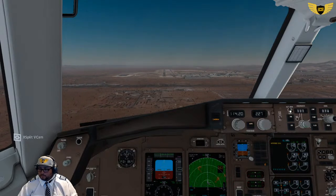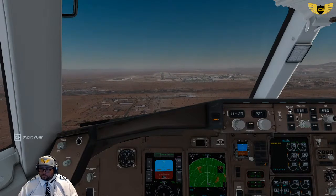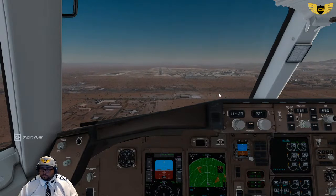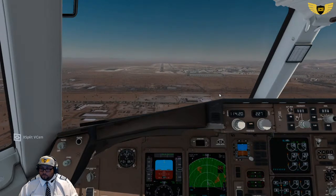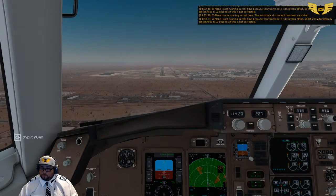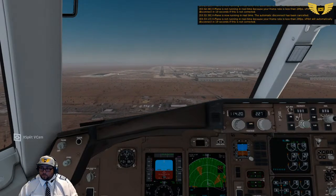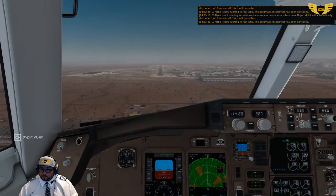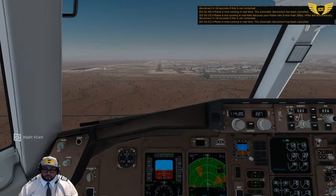Alright, I'm gonna auto throttle off here. So my throttles. Gonna be getting a little bit of a frame issue here. 500. Not sure what that is. We didn't have that issue when I tested this yesterday, but